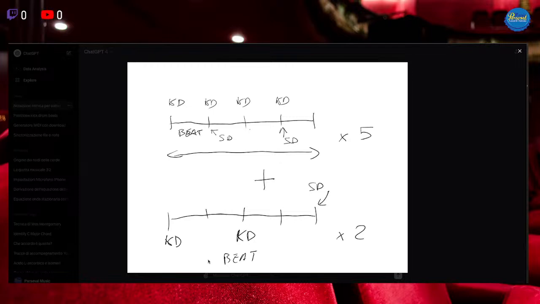Here it is. And I want to get this. I want to, as said, combine two different beats with two different patterns. The first one is the old one, and the new one has only two kick strokes at beat 1 and 2, and it has to be repeated 2 times.